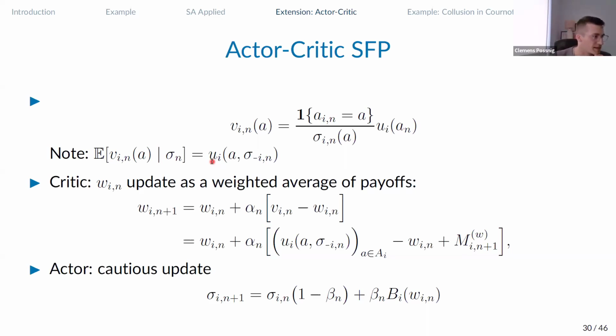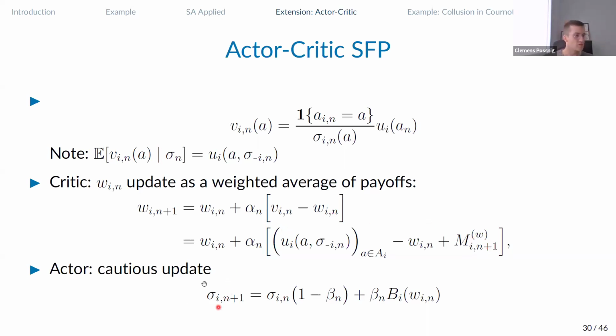So I'm going to form the critic updates then as these weighted averages. So tomorrow's critic value is today's critic value plus some step size times these estimates V_i^n minus the current weight. And this is basically the recursive form for a weighted average over these V_i^n for some weight alpha_n. And now doing the usual thing, which we did for stochastic fictitious play, we can plug in the conditional expected value from the update and add an error term, which is again very well behaved in our case: bounded variance martingale difference noise.